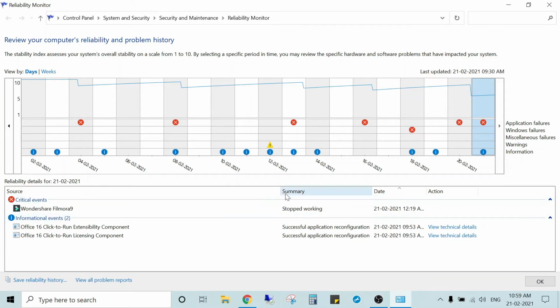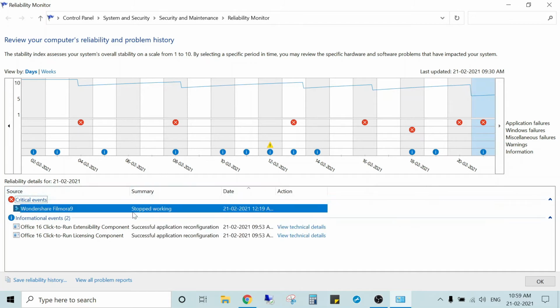This is software, and it will give you a summary. What happened, in the summary: stopped working. So it gives you the error, why it has happened. You can see here that Wondershare Filmora 9 has stopped working, so that's why it gives me a critical error here.